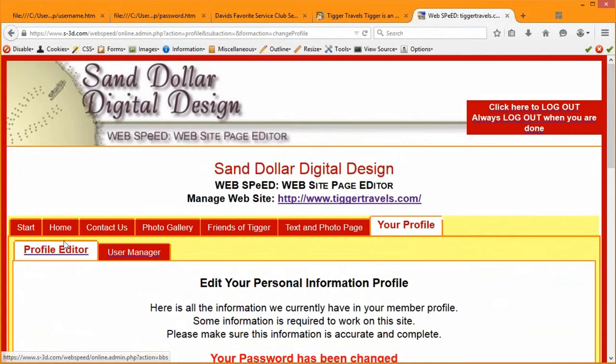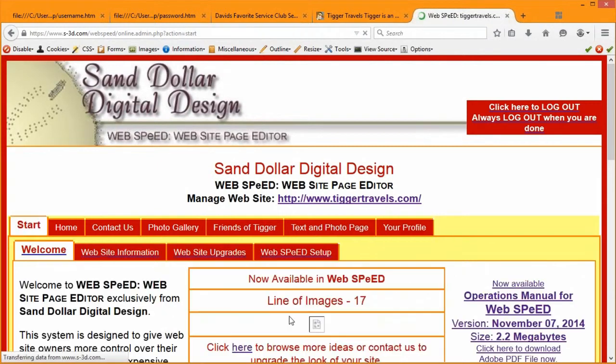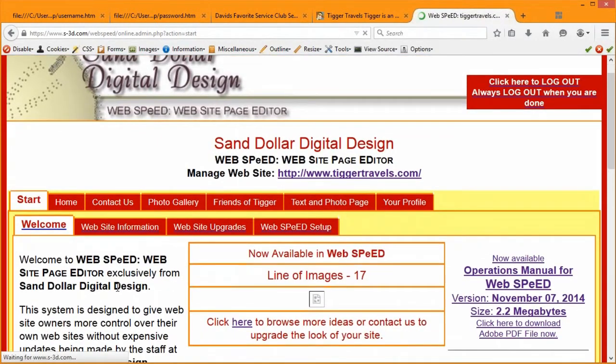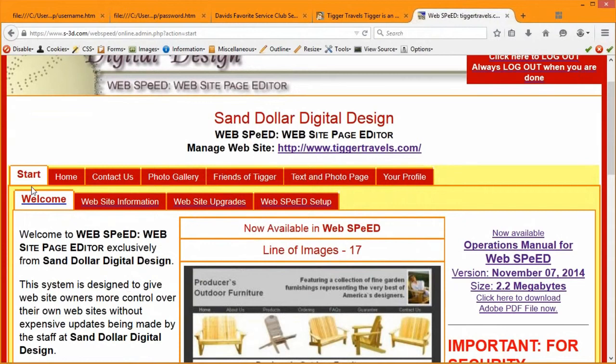Up here at the top, you'll notice that everyone has a Start tab and a Your Profile tab. Depending on your permissions, though, there are different levels of users, and we're going to get to that in another video. Depending on your permissions in here, you will have fewer or more tabs than another person might have. Under the Start tab, though, the very first tab that says Welcome, you'll notice there is